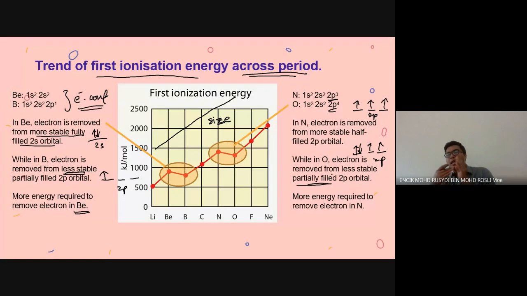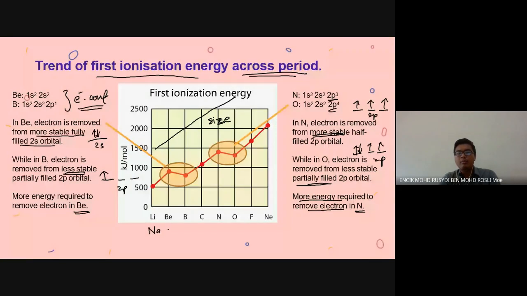So electron is removed from partially filled orbital requires less energy compared to the one that is more stable. That's why kat sini more energy required to remove electron in N because it is removed from a more stable half-filled 2p orbital. Okay, so trend yang ini akan sama juga bila kita tengok untuk period 3. Okay, it's the same thing. Kalau period 3 kita ada